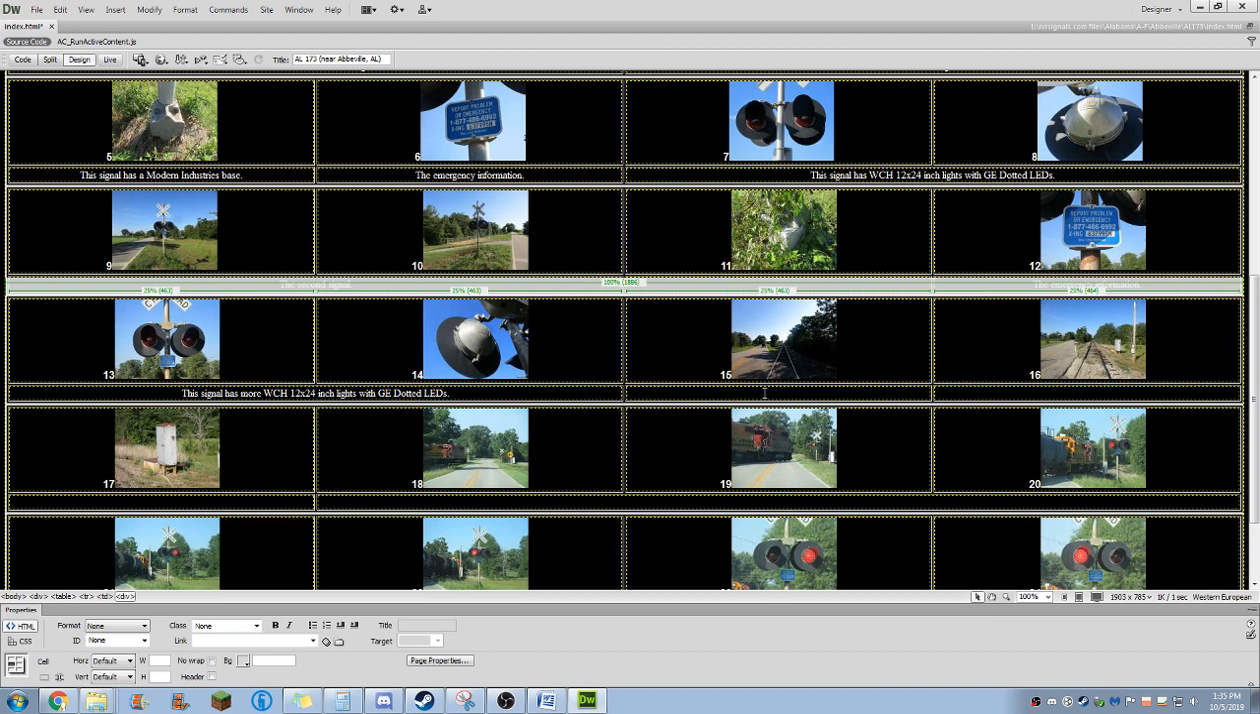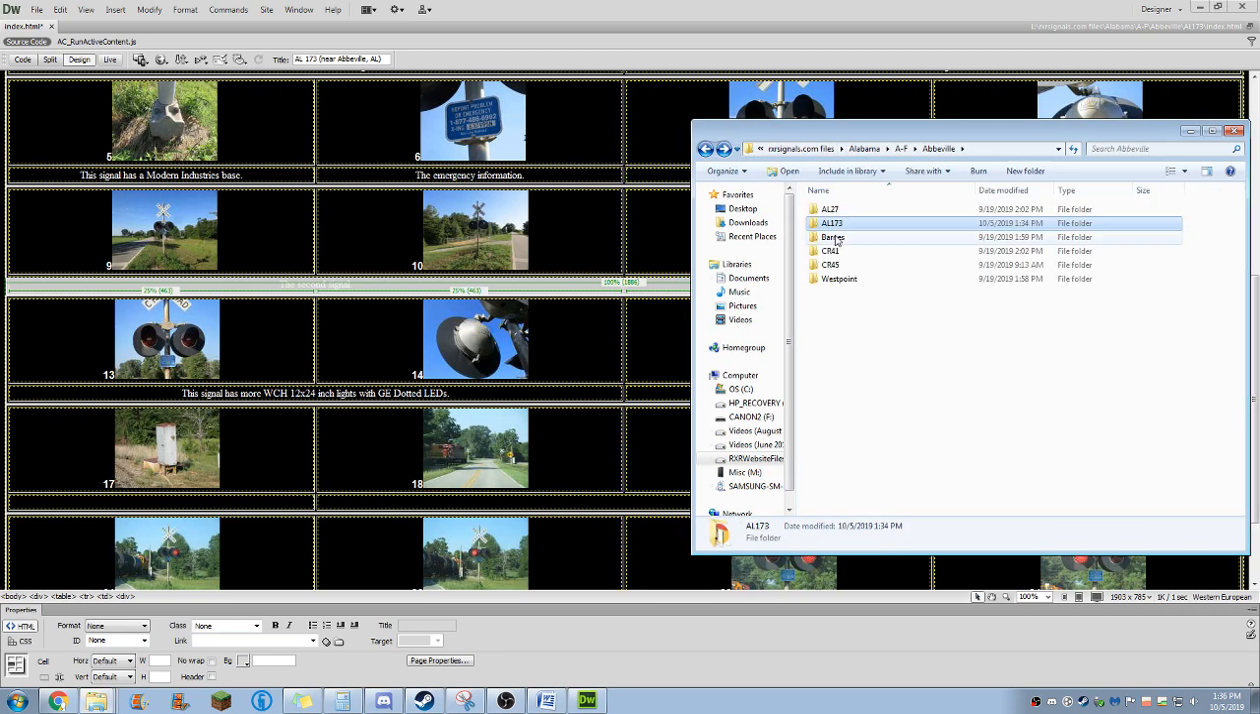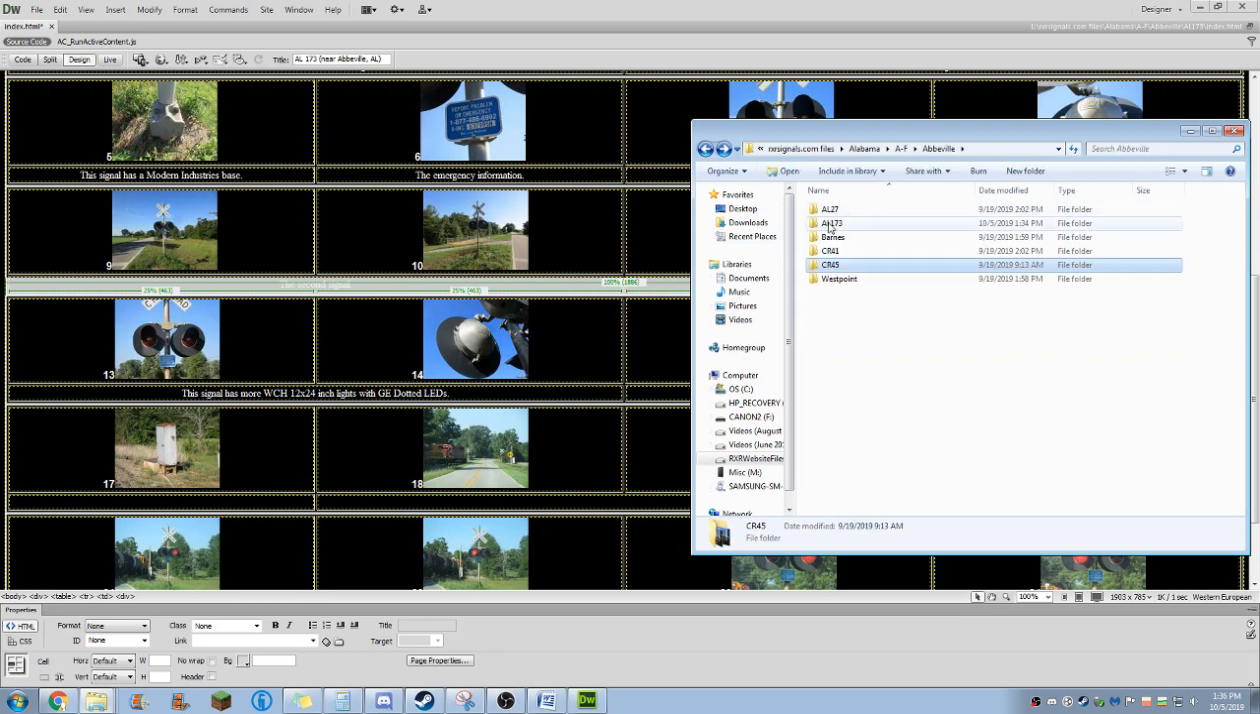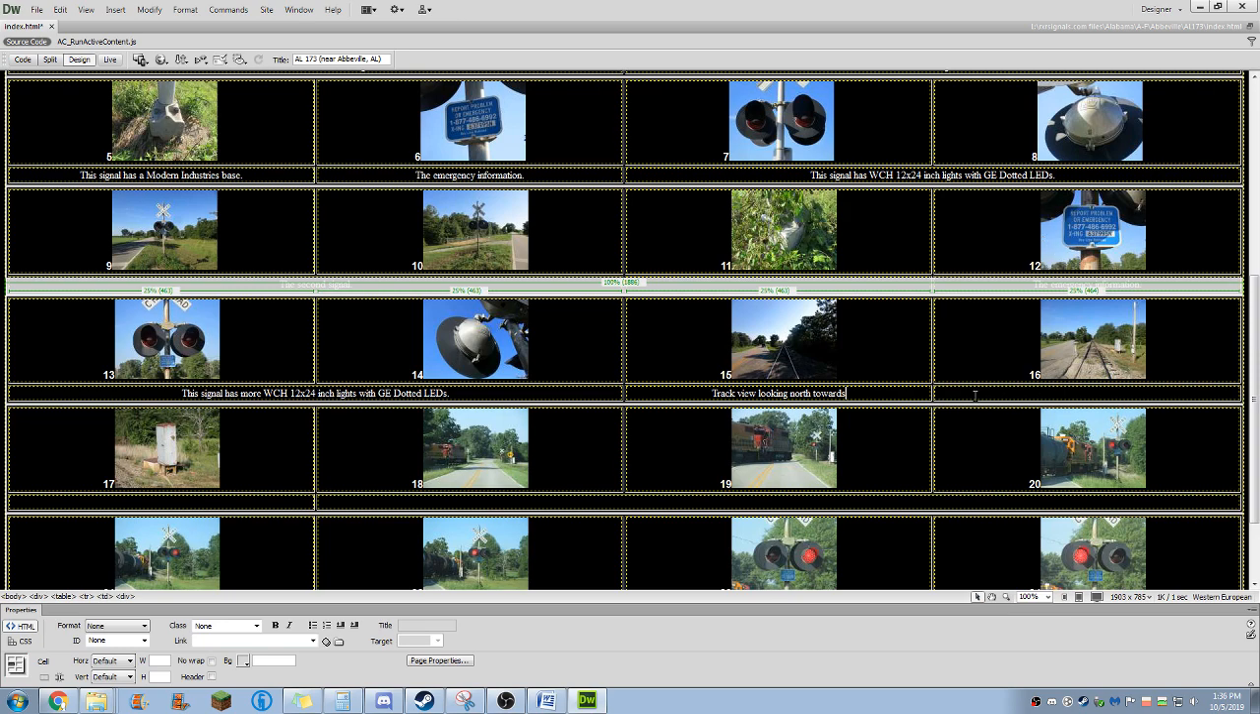And then that one is track view looking north towards, let's see here. I'm trying to remember which one this was. Next one up was, I think it was, yeah, County Route 45. Towards CR 45. And track view looking south towards